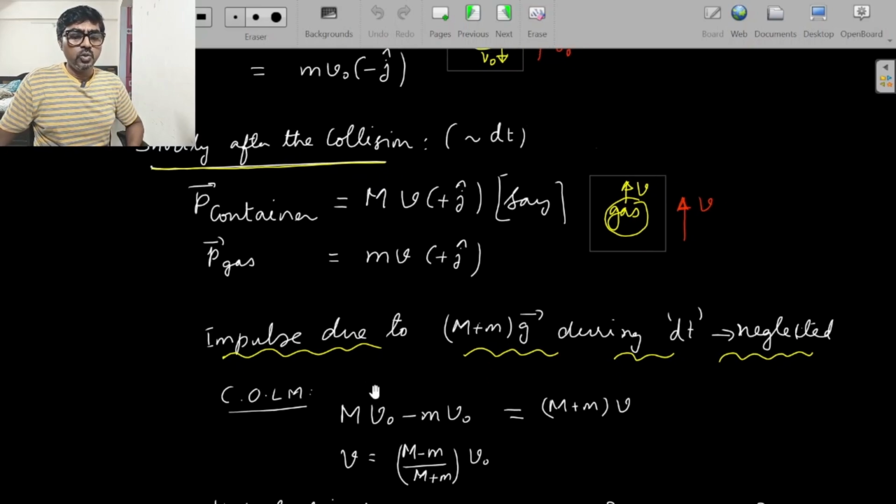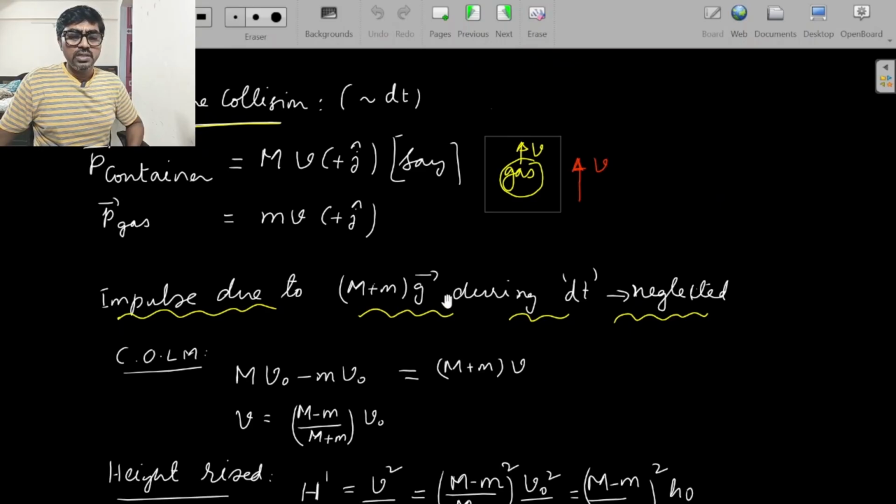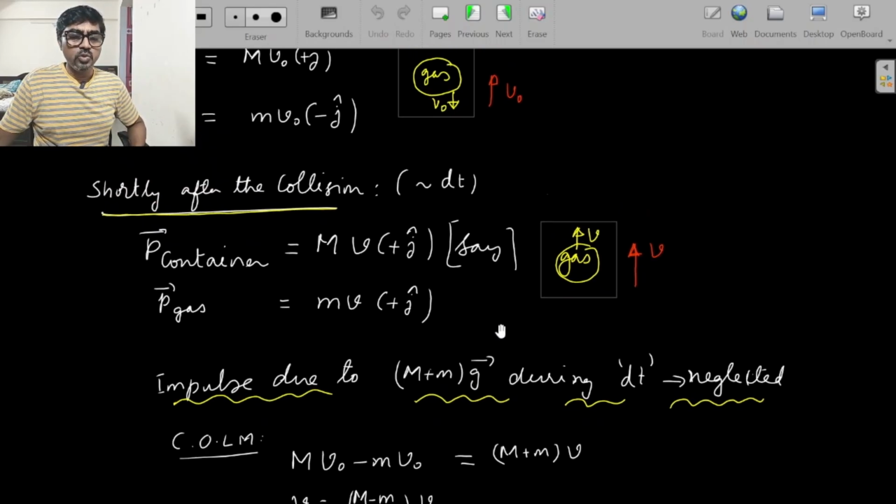Now during this collision with the gas molecules, the gravity will give impulse. Of course, even during collision with the container there will be impulse due to gravity, but the duration is so small that the impulse due to gravity can be neglected, because we know that gravitational force is a non-impulsive force, a finite amount of force. So you can neglect the change in momentum due to gravity there. So we use conservation of linear momentum during the second collision. The second collision is between gas molecules and container. I again repeat, it's not a single collision with gas molecules, it's so many microscopic collisions, but I am treating it as one macro level collision between gas and container.